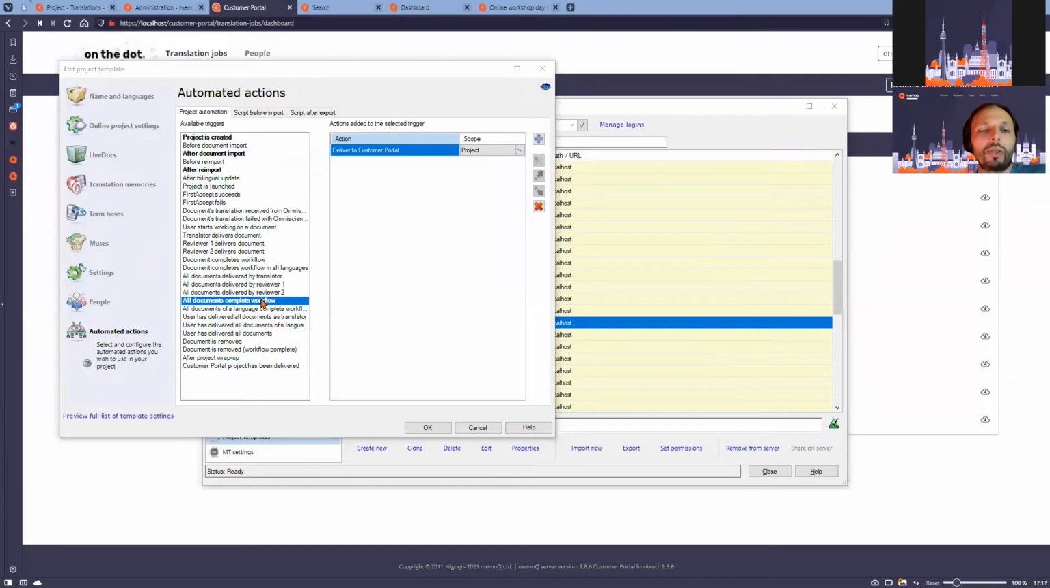Now, what happens here is that when you create the workflow, the documents are delivered automatically after the workflow is completed. What it means is that when, for example, this translation is delivered, memoQ will deliver this to the Customer Portal. Now, there's an important bit of information here. All documents need to complete the workflow. Theoretically, it's possible to deliver after just one document completes the workflow, but the function inside the code of